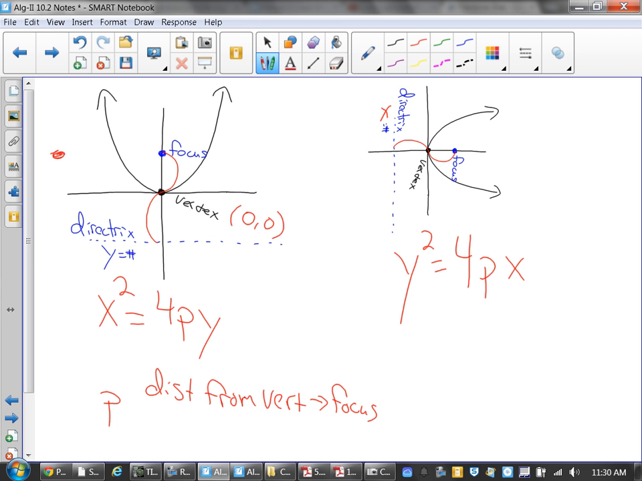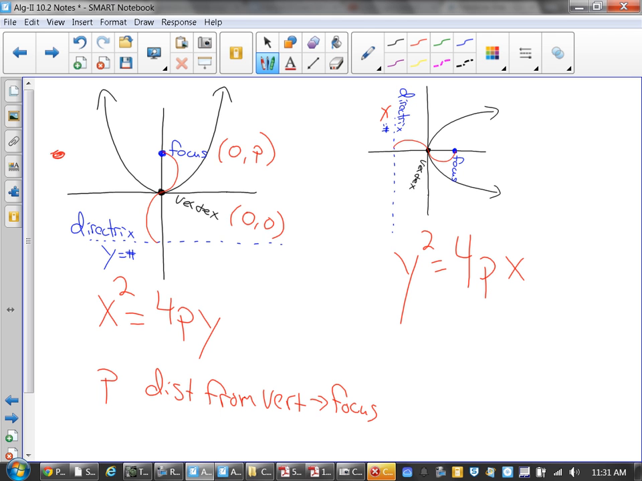What's the coordinate then for my focus? Zero something. Well, what's that something? P. The focus is at 0, comma, p, because it's on the axis of symmetry. And then my directrix is going to be at, that's a point. If I'm going to write the line, then it'd be just y equals,